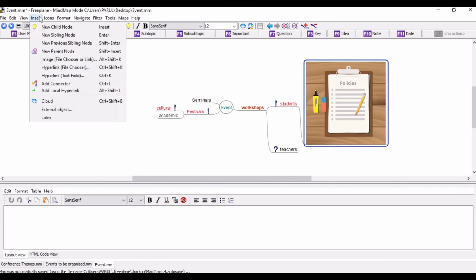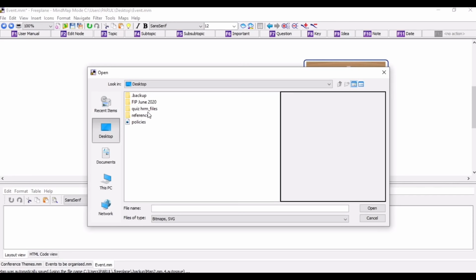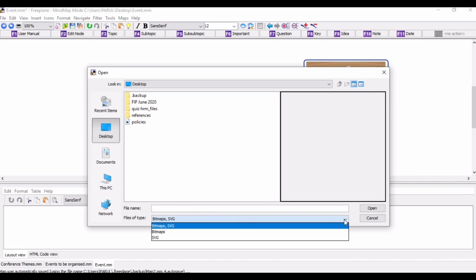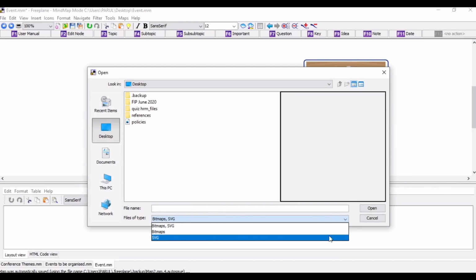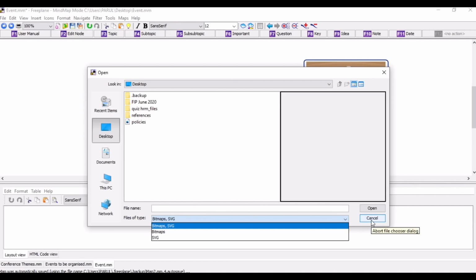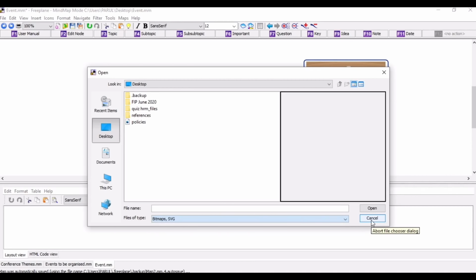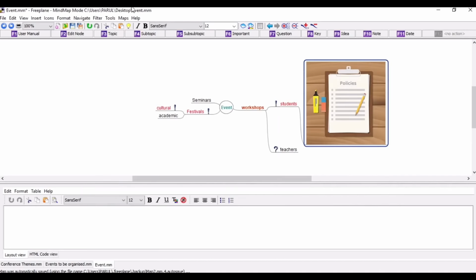In the similar fashion, you can have hyperlinks, you can have connector, you can have local hyperlinks, you can have external objects, you can have LaTeX. You've already seen how to work in LaTeX, so you can also include a LaTeX file. In external objects, you can include a number of other things. So let us say if I want to include some other file, I can just put it here. I will simply have to go to these options, I will change accordingly the type of the file and I will insert it, right?